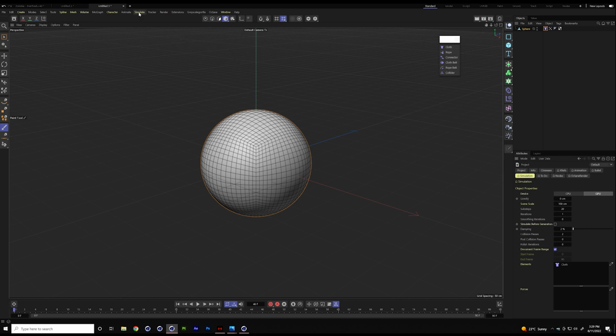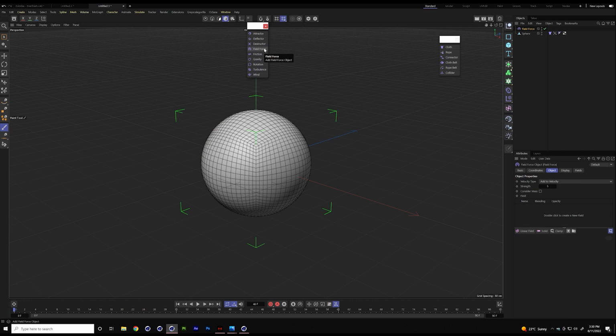Now, most users have been using an attractor from the forces, because most of the forces work with our new simulation system. I don't like the attractor because there are many things you cannot control. It always attracts in one point, or it repulses from one point. I like to use a field force because I can sculpt where the forces are going. And there's a very, very simple thing.